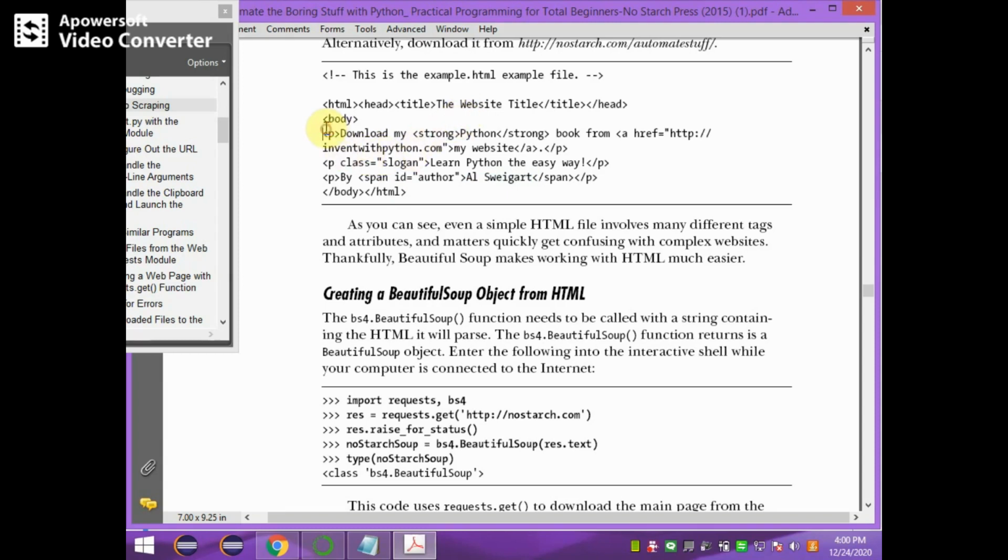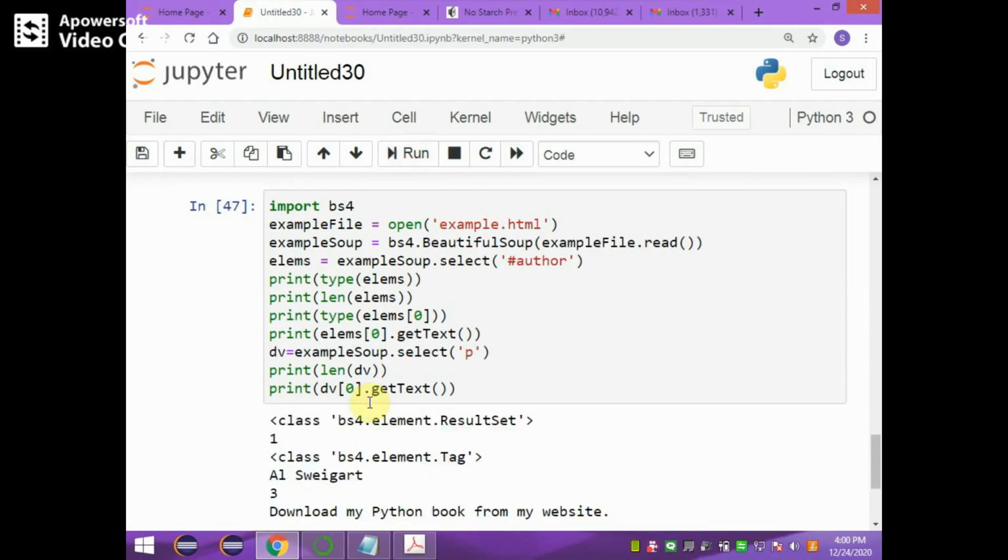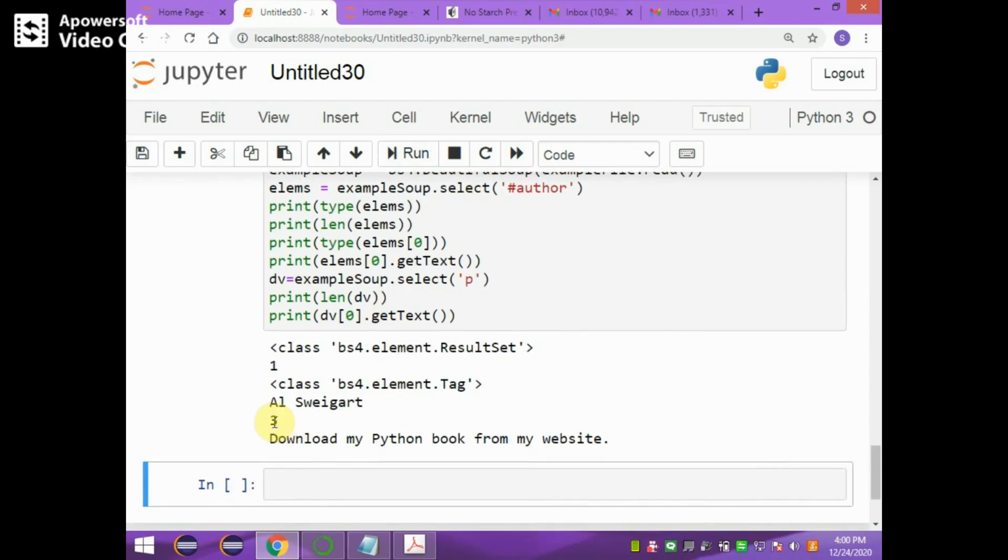As well as that, you can select the p tag here, and you can see how many p tags there are. There are 3 p tags.